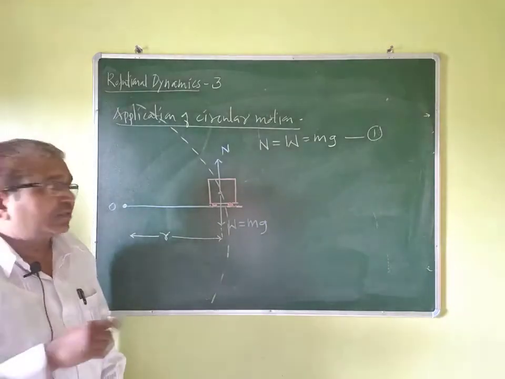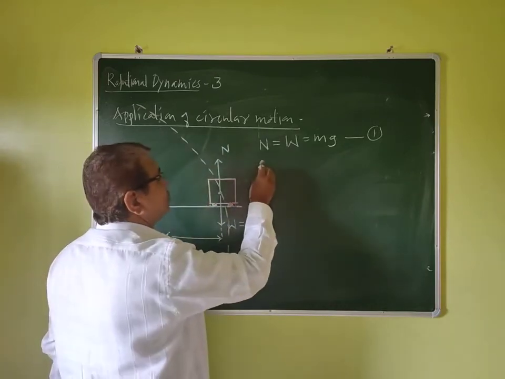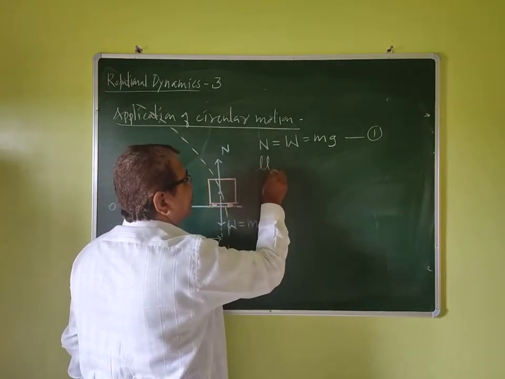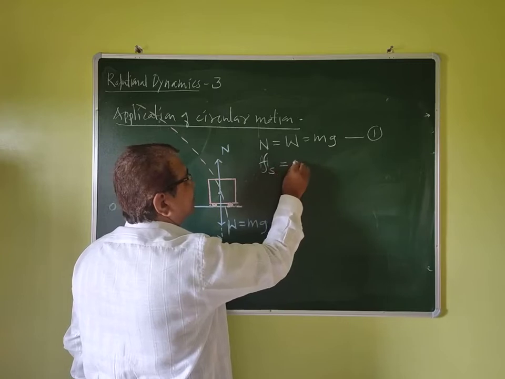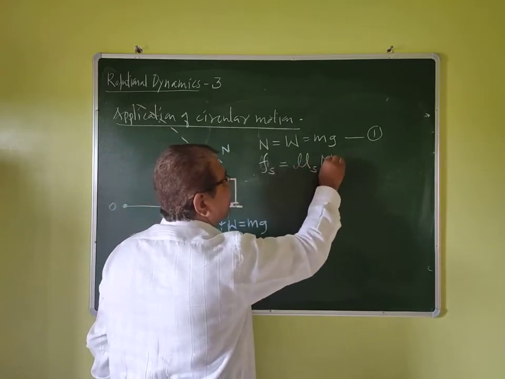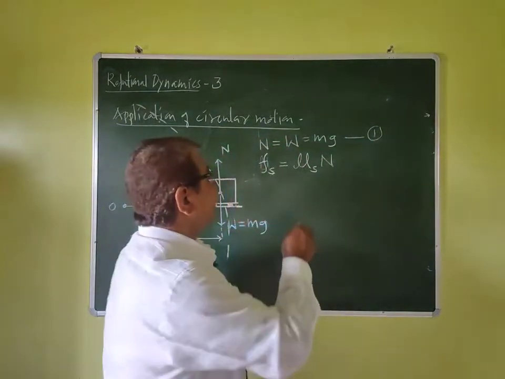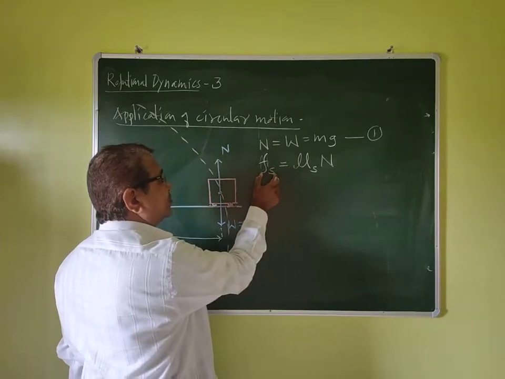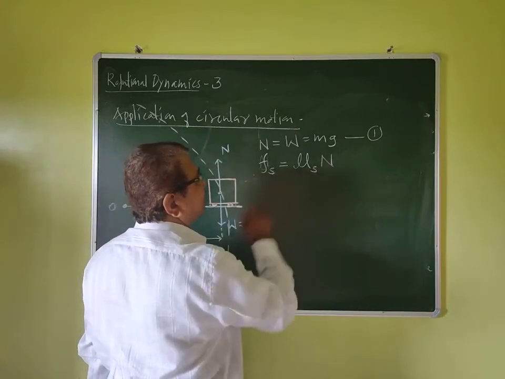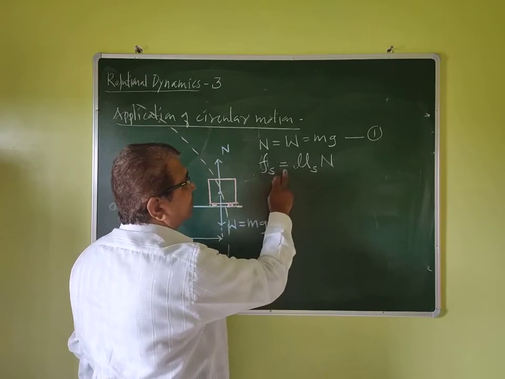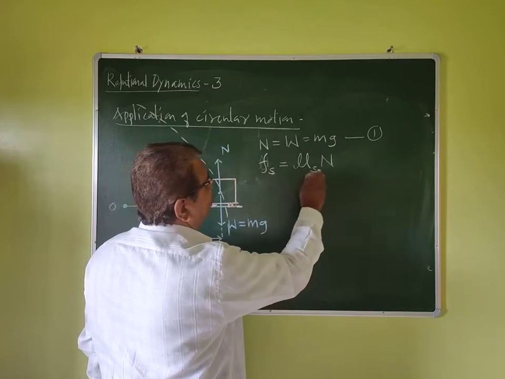Okay, this vehicle is moving along a circular curved road due to the force of friction and coefficient of static friction. This force of friction is denoted by Fs, which is equal to what? Mu s into N. That is the formula that we have taken from the laws of static friction. Fs is nothing but the force of static friction. So there is a static friction between road and tire. This Fs is equal to mu s into N.